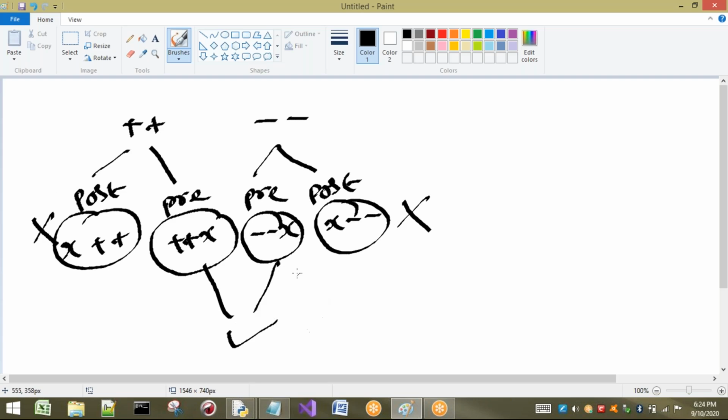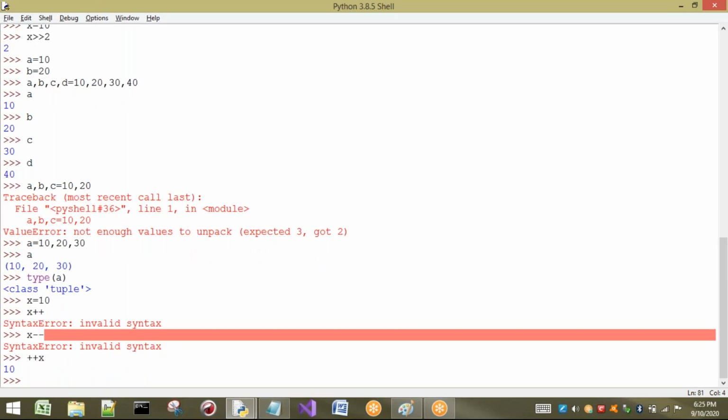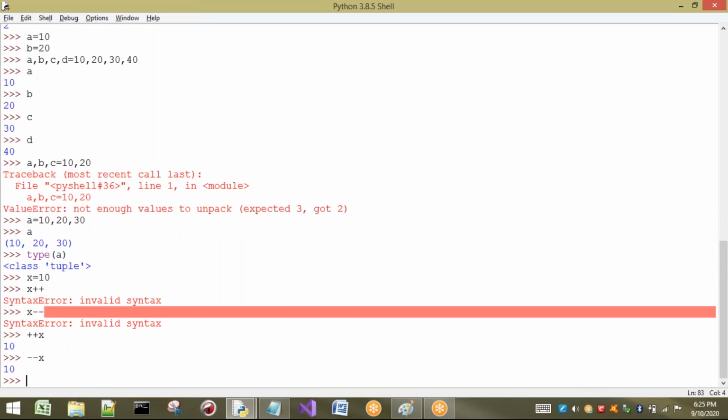One point I have to discuss is that these are not called increment operator and decrement operator in Python. Let me show you what happens here. See, plus plus x, is there any error? No, we are getting 10 only. Again, minus minus x, we are going to get 10 only. I will tell you the reason.